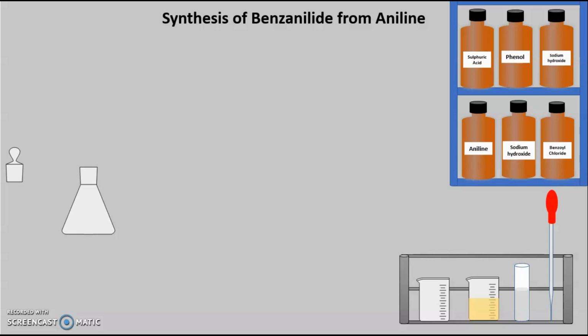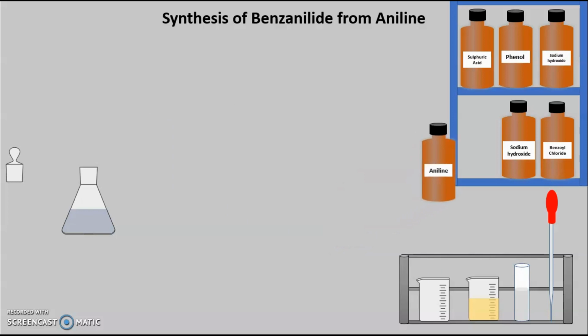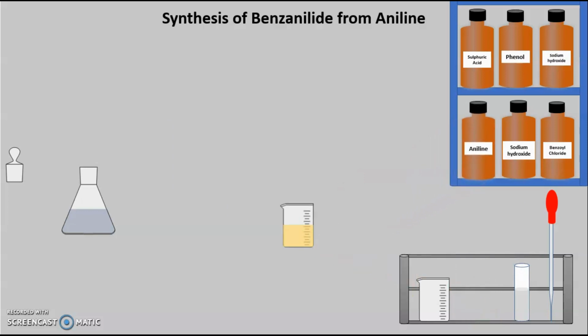Now, as you read in the procedure, the first point is that we have to carry out the addition of aniline to our iodometric flask. Here you can see that we have taken the bottle of aniline. We are going to take this pipette and measure 2.5 ml of aniline, and that is to be added in our iodometric flask. After this, we also have to carry out the addition of the 25 ml of sodium hydroxide. As I said already, we have taken this in this beaker, that you have to imagine. Now we are adding this 25 ml of sodium hydroxide to this iodometric flask.